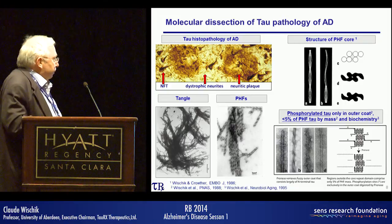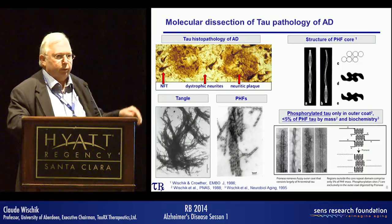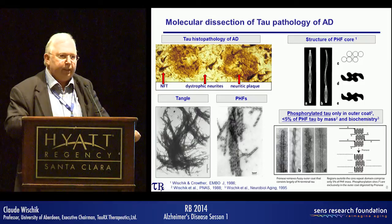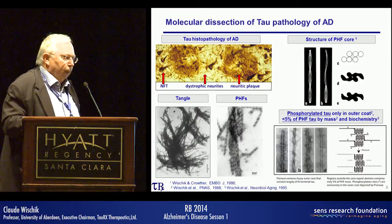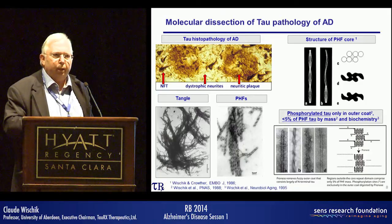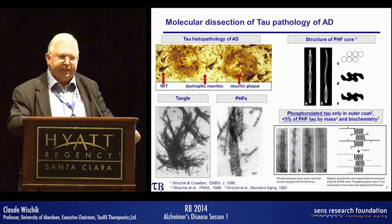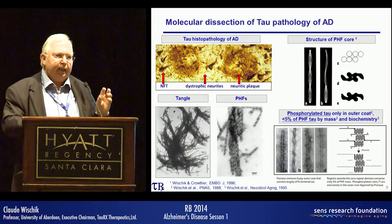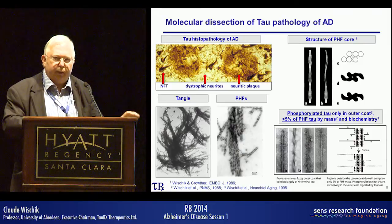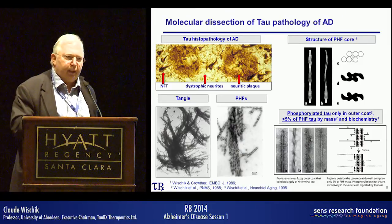The tangle is made up of paired helical filaments, and the structure is shown on your right there. It's a polymer of repeating C-shaped subunits. People often think that phosphorylation is somehow critical. When we analyze this in detail, less than 5% of the tau that is in paired helical filaments is phosphorylated. And even that is only on the surface or the coating and is not part of the proteolytically stable core